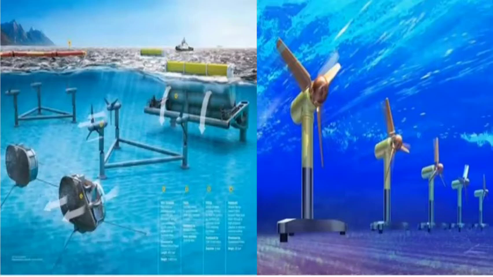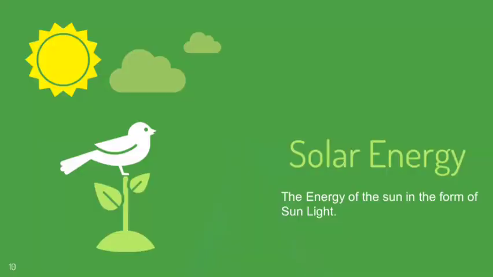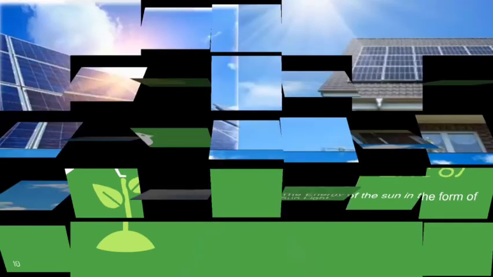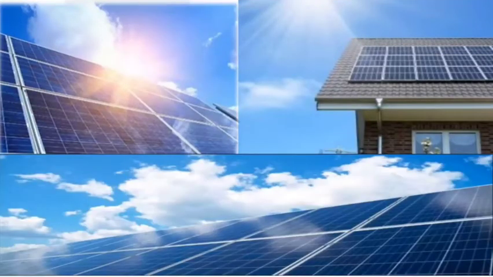Next, solar energy. The energy produced from the sun is called solar energy. It is found in the form of sunlight. It is the most powerful and cheap source of energy. It is helpful to heat water with the help of thermal energy. Solar energy can also be used for the production of electricity through the use of semiconductor devices called solar cells or